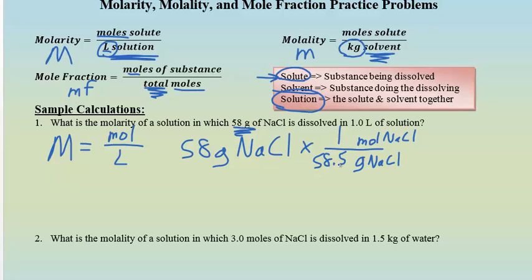Remember, you're taking from the periodic table the atomic mass of Na to 1 decimal place. You're adding it to the atomic mass of Cl to 1 decimal place, and then solving for the moles. So our units of grams is going to cancel out. When you take 58 and divide it by 58.5, you get